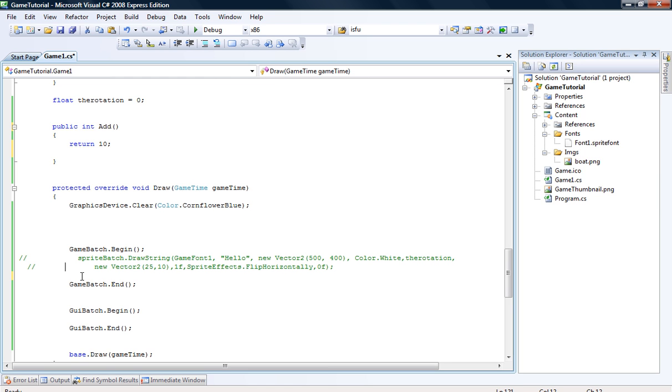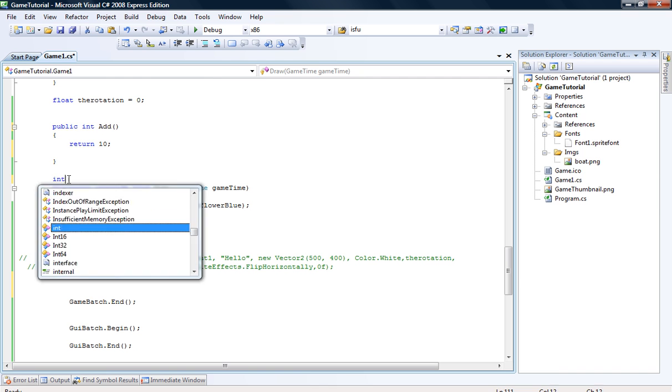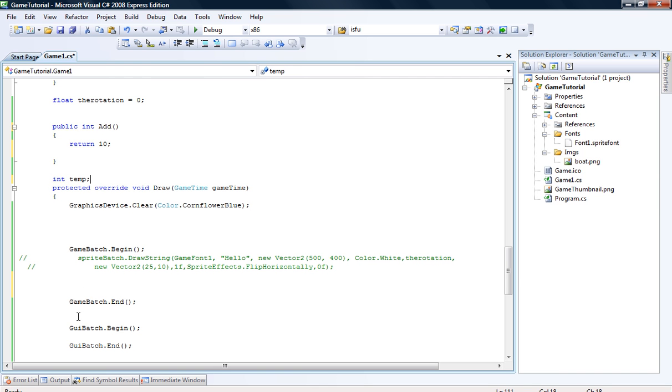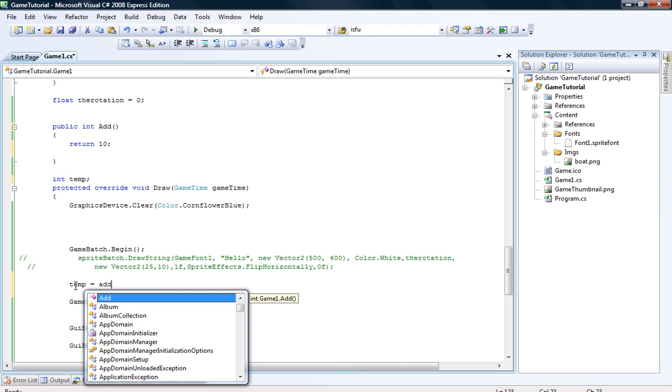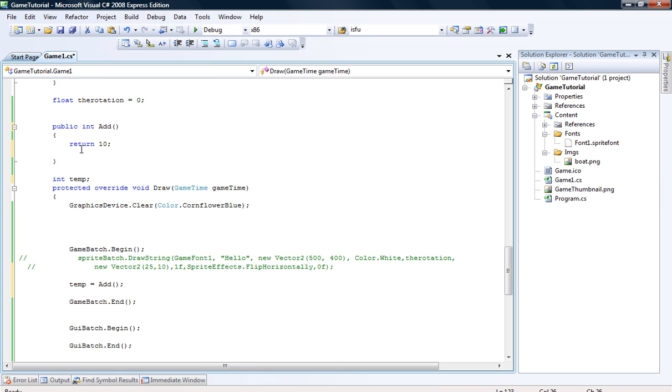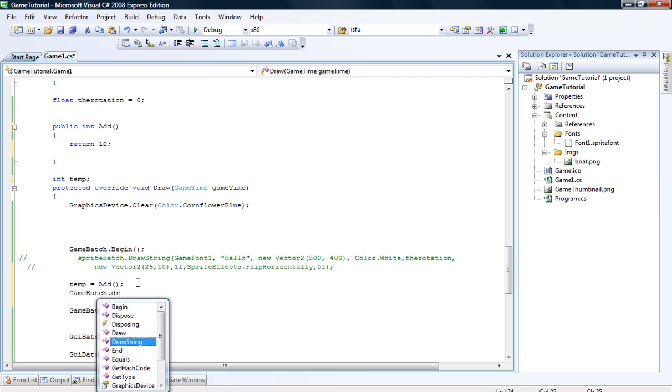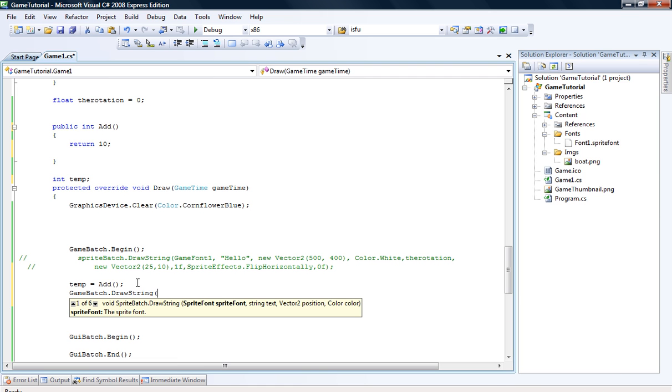So let's say I will just output, I'll create an integer, temp, and I'm going to say that temp equals add. Now, because it's a function, it needs to match the open and close brackets when we create our function here. And then I'm going to go gameBatch.DrawString(gameFont1,